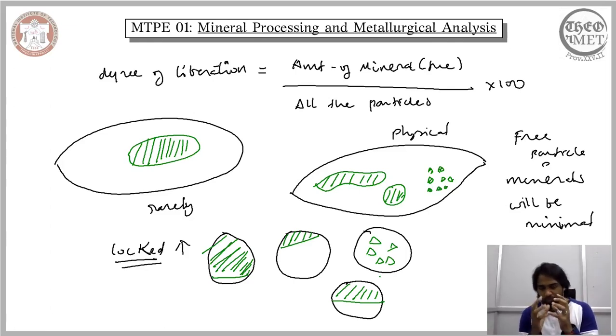One form of the locked particle has a significantly larger portion of the desired mineral. The other form of this would be, let's say, A here. So form A has a significantly larger portion of our desired mineral. The form B, or type B, of the fragments will have a very low amount of